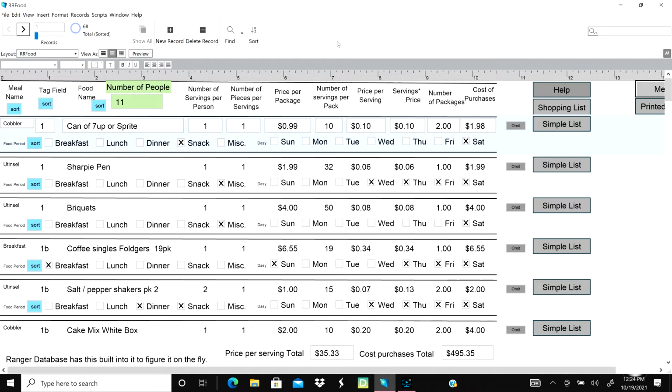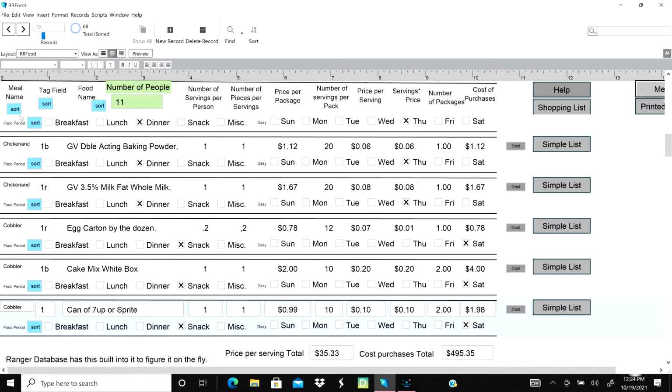It's part of the Rural Ranger database. It can also be a standalone program, probably the one you have. What this does is allow you to put in food and different menu options and configure them with the ability to change the number of people attending, and it will recalculate all the numbers that you need. For example, this button here is the meal name,